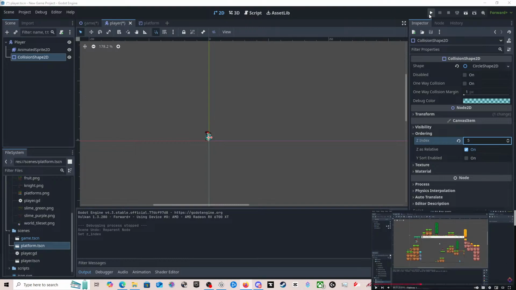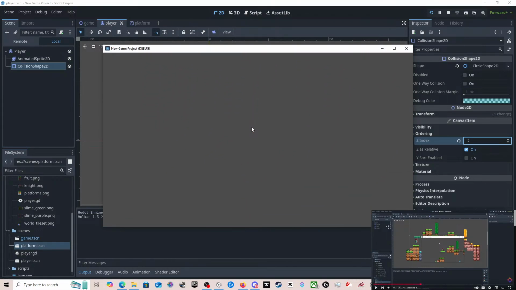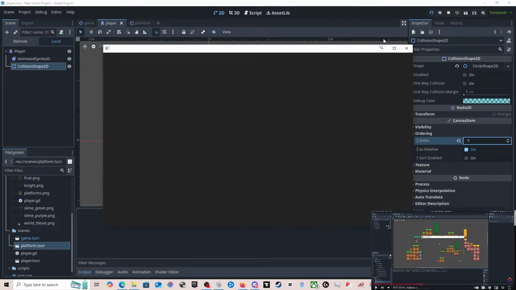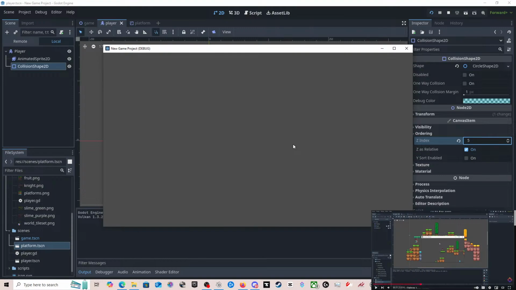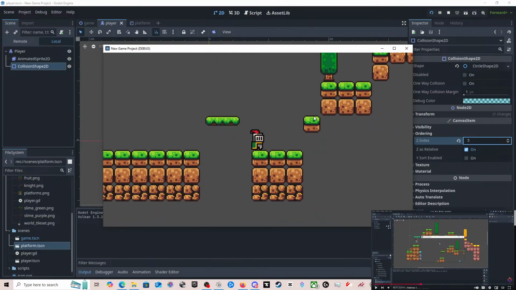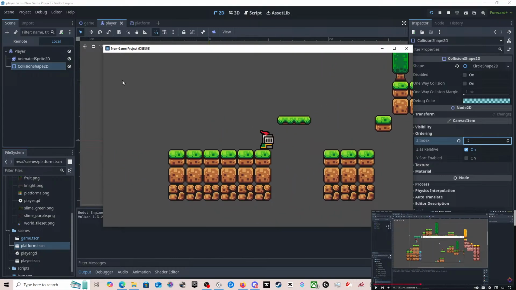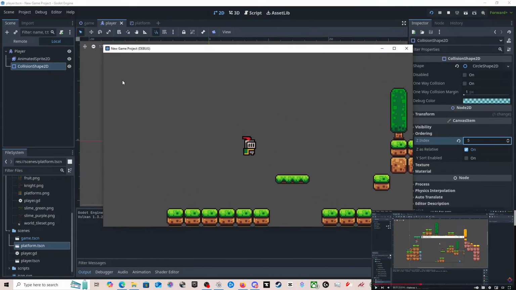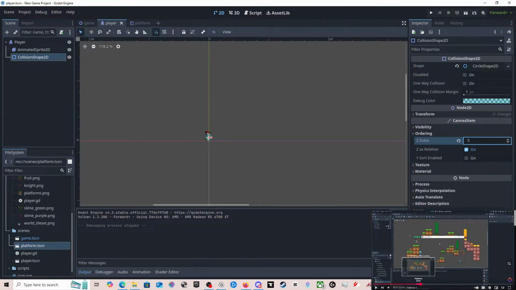Okay, let's see if it does. I kind of made it hard for myself because I don't have it there, but yeah, it works. I need to sort that out as well. The jump is a bit buggy, I don't really like that. No, I'm going behind. I went behind that, didn't I? Yeah, I'm going behind it. That's not right. Okay, let's see what we've done wrong.